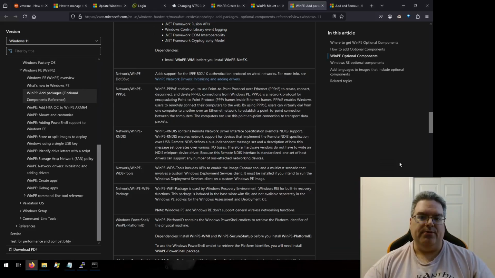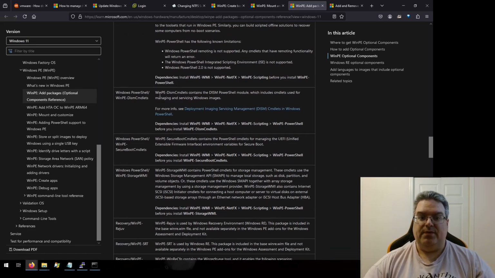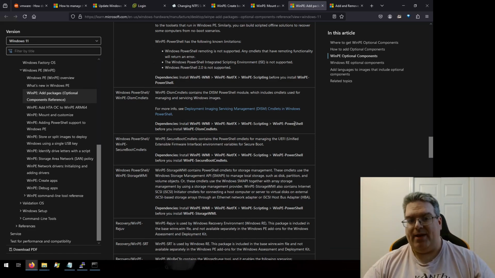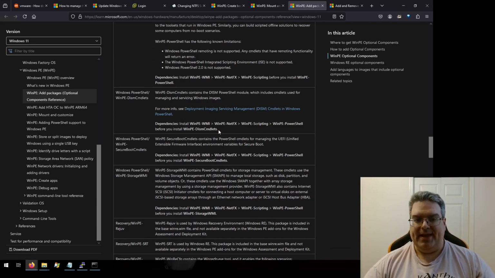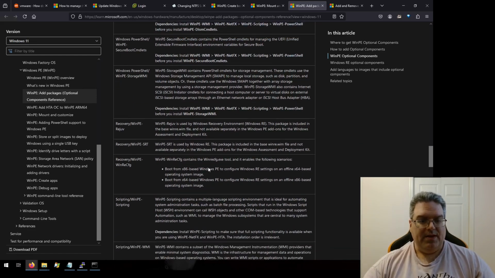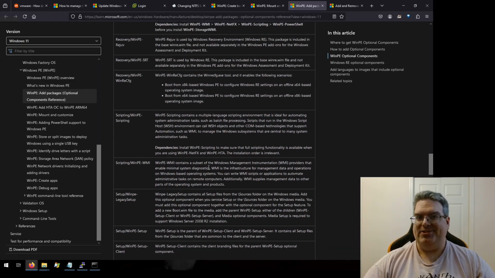So how do you know what order to go with? Well, some of this will be given to you. For example, if I want the DISM commandlets to be able to manage and service Windows images, you need to have WMI, then you need to have NetFX, then you need to have scripting, then you need to have PowerShell, and then you need to have DISM commandlets. And this is also true for things like secure boot commandlets. You need to have all of those installed as well. If you want storage WMI, again, same sequence. So this is important to pay attention to,